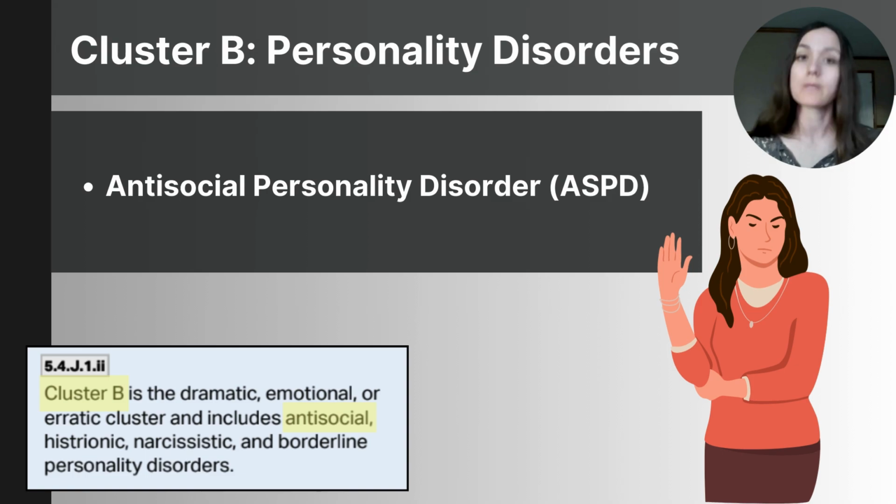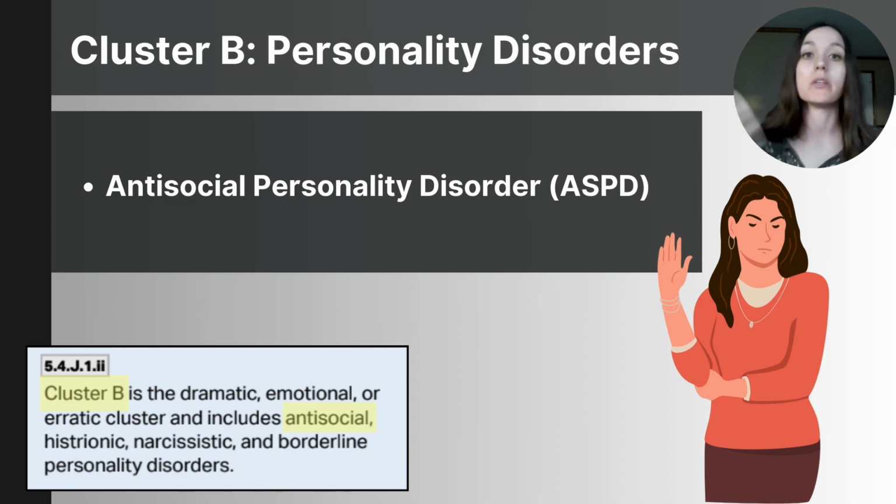The biggest one is lack of remorse, so showing no guilt or remorse for others and for harming them and not feeling that guilt. Some really key considerations for antisocial personality disorder are that it cannot be diagnosed before the age of 18. Symptoms must have started, though, in childhood or early adolescence, and in those ages, it might be described as conduct disorder. Not all individuals with antisocial personality disorder are violent.